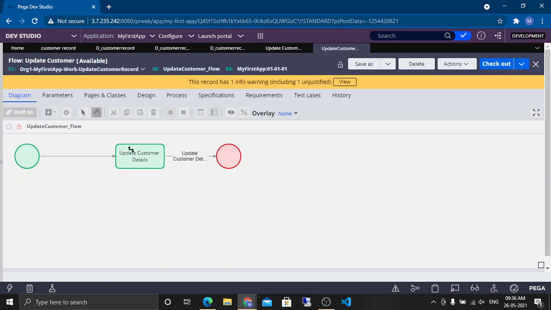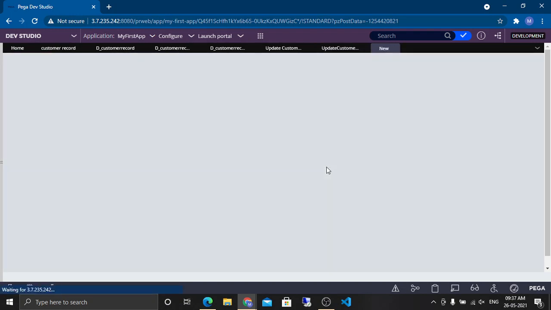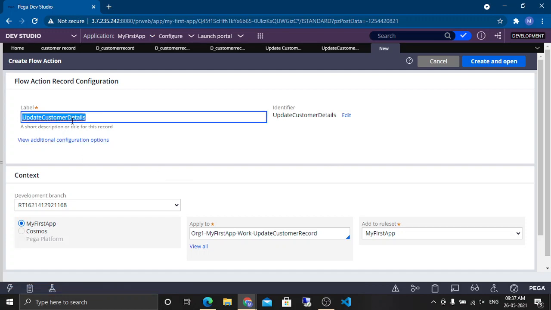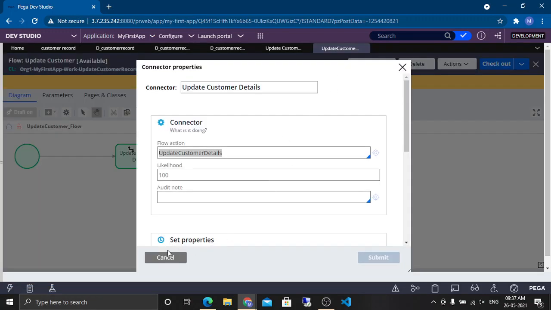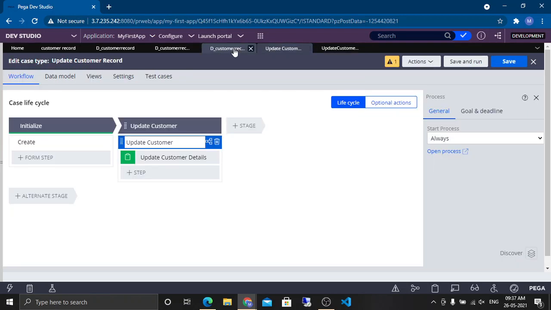So this is our flow. If you want to put UI, it will be on the flow action. If I open this flow action, when I save the case lifecycle, flow actions I think are automatically created in Pega, but UI we need to create. So this flow action should be in the system. If I open it, oh, it is not there. How come? Anyhow, either I can create the flow action and then the section as well, and then everything will be fine, or I think we can also do it on the case lifecycle.